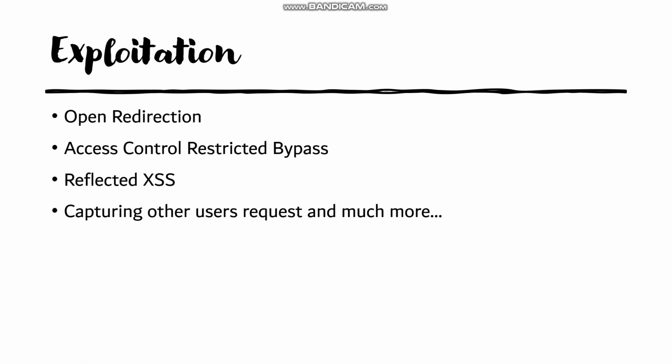So this can be done for session hijacking. You can use all the cookies data, and reflected access does the same thing. Open redirection means if you have your own phishing page, then you can redirect the user to your phishing page and he or she enters the username and password, which in turn gives you the username and password of the victim.